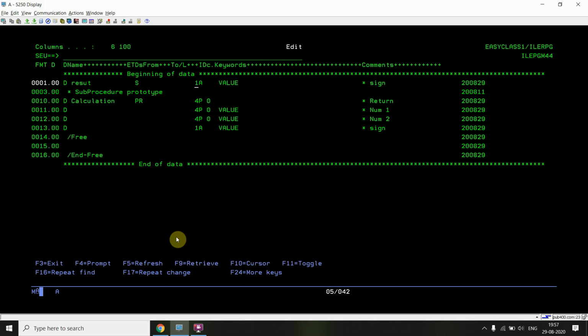Then result equals calculation, passing for example 10 colon 20 colon, and the sign is plus.